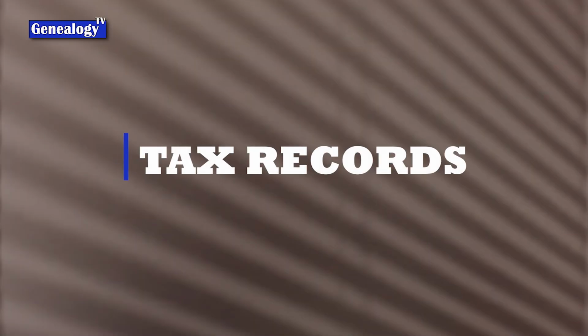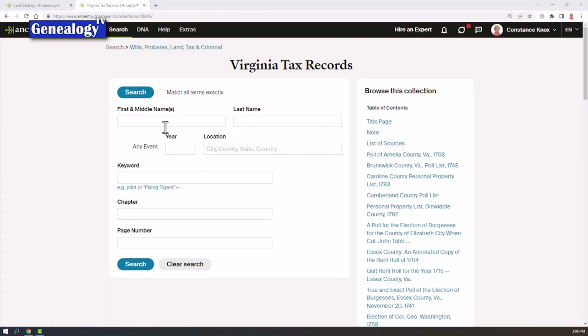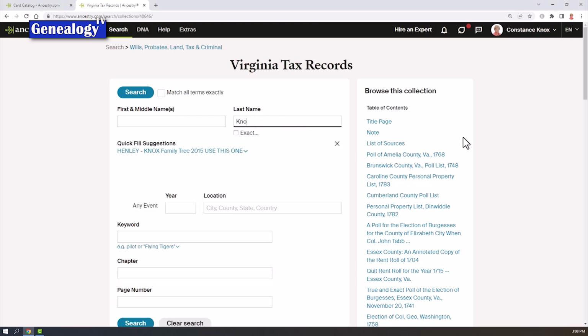Often forgotten about are tax records. Most people had to pay taxes either for their real property, or males often had to pay a poll tax when they became an adult. Now, what an adult is varies depending on the state. So be sure to check out the tax records on the platform in which you are researching, or in the state or local archives and libraries, because they may have some of those tax records as well.